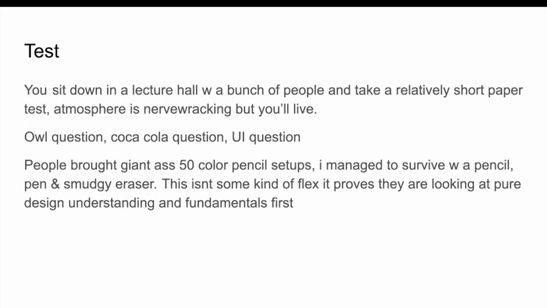Anyway, UI question. They gave you a really ugly UI, and they were like, how would you fix it? And then you have to fix it. I didn't have a ruler. Sorry for stuttering. It was the layout of a cinema's website, like when you're booking tickets, and they were just like, fix this. I didn't have a ruler, and I had to draw a shit ton of straight lines,